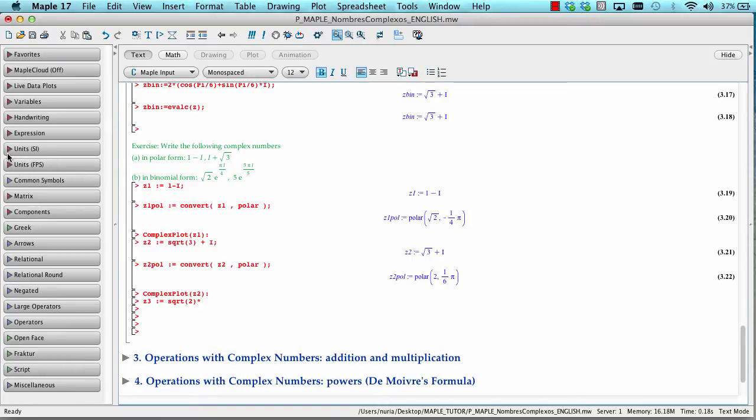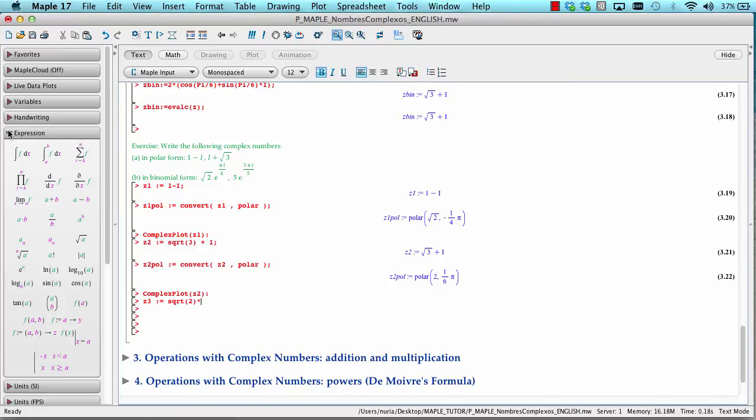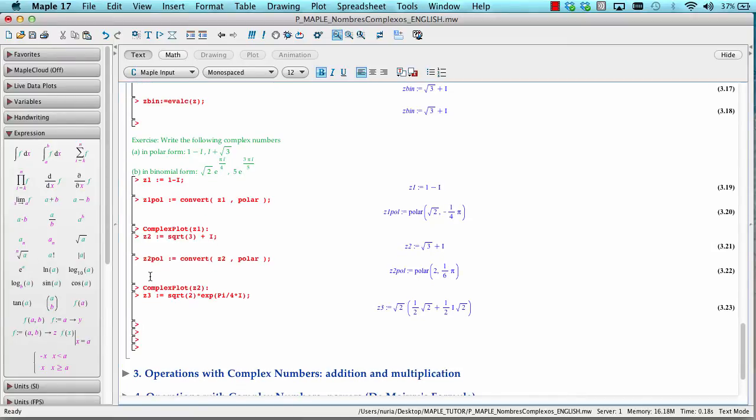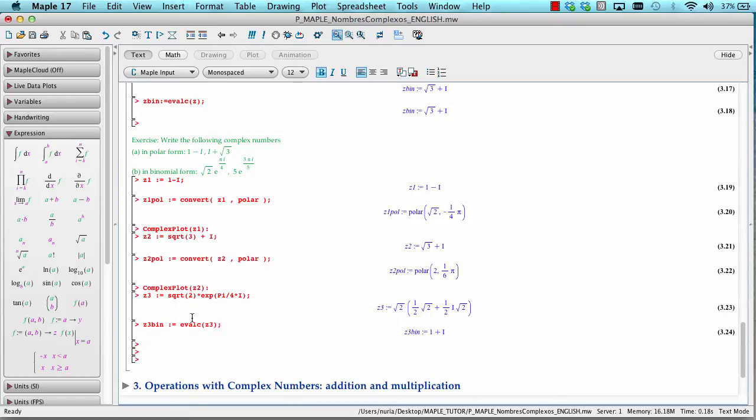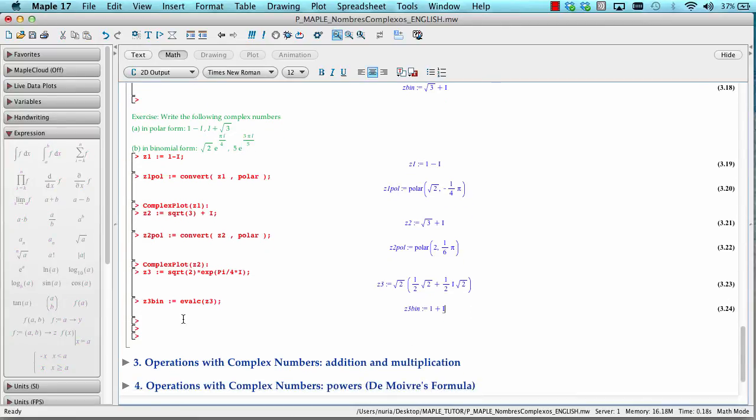If you don't remember how to put it, just go to expression and press the exponential button. And now the argument is pi divided by 4 times I. Don't forget I, the imaginary unit. In this case, it directly translates it, but usually we have to use the evalc command, okay? And using the evalc command, you see that it's also simplified, okay? 1 plus I, of course,